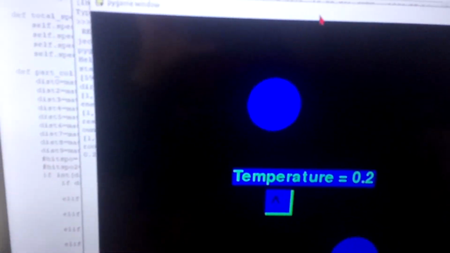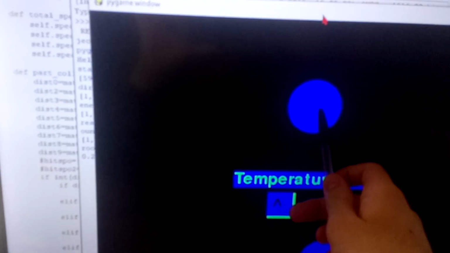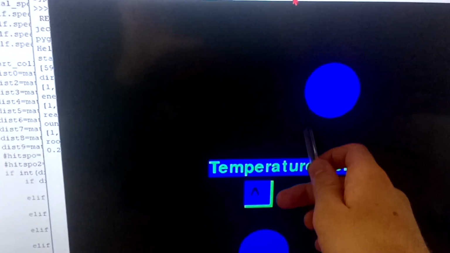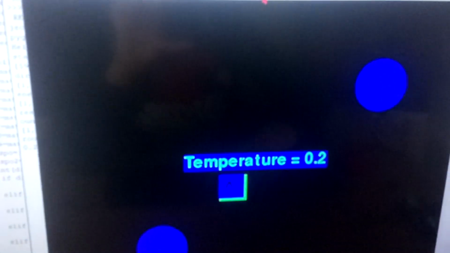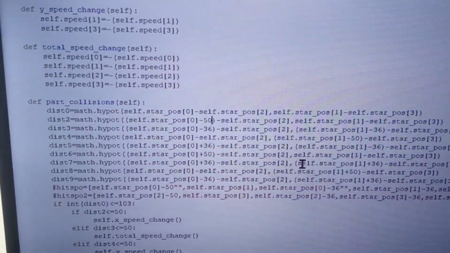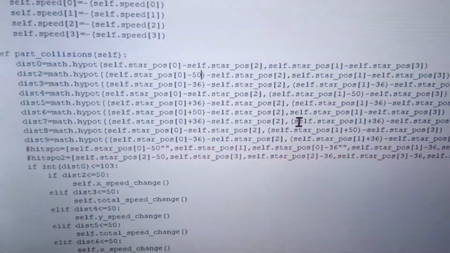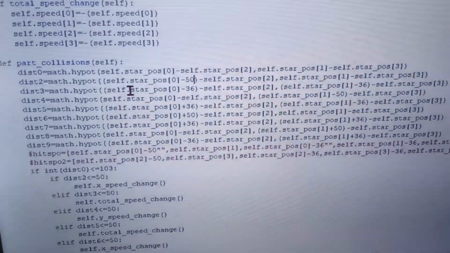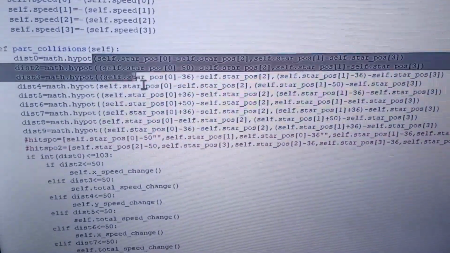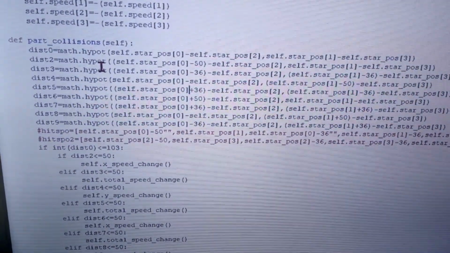So if you see the circle here, there's the center, and 50 to the left, so minus 50 x will be that left middle point, and that's what I was defining there. So I do this with basically all the points, that's why I've got all these lines here. And if you think about why I've got these brackets here, well, I use a built-in function of